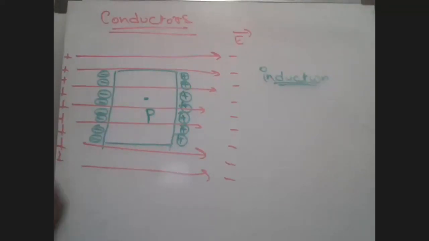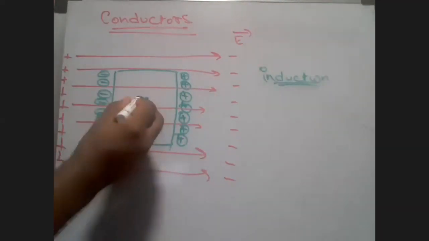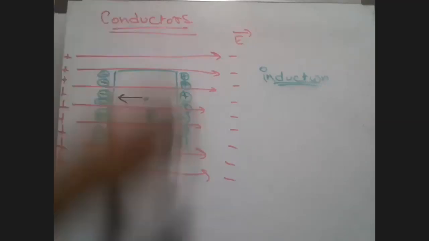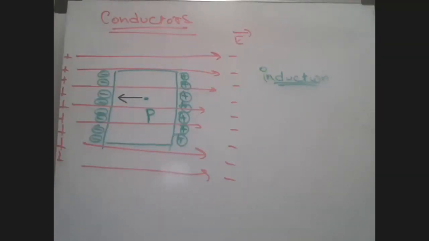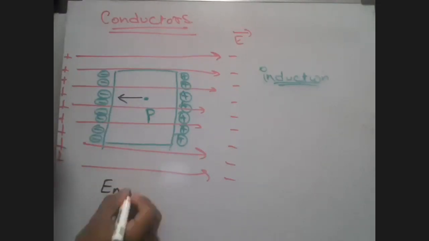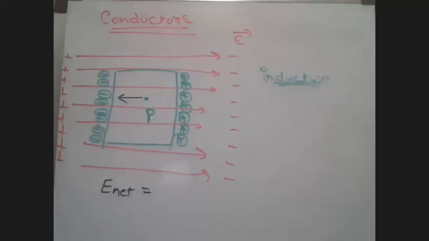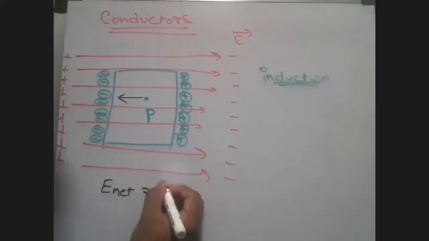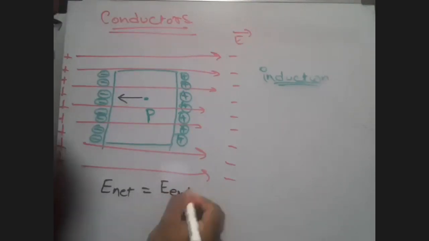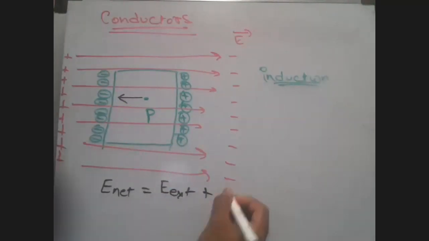For it to be 0, there has to be something which is opposing it. There has to be something opposing the electric field, and so the conductor will develop an electric field exactly in the opposite direction and of the same magnitude. In that way, I can say that E net, or the net electric intensity, is going to be E external plus E induced,